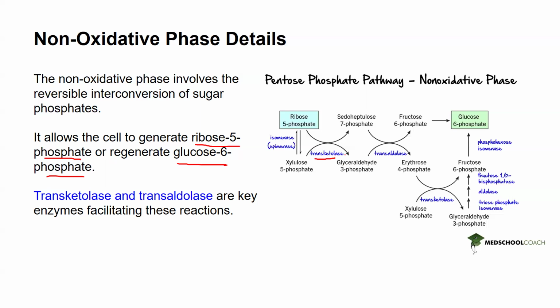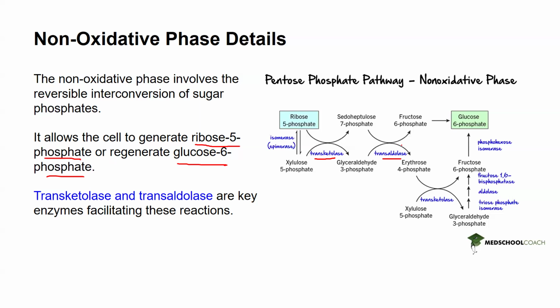The transketolase is an enzyme that converts ribose 5-phosphate and xylulose 5-phosphate to generate sedoheptulose 7-phosphate and glyceraldehyde 3-phosphate. And then another enzyme called transaldolase will now convert the